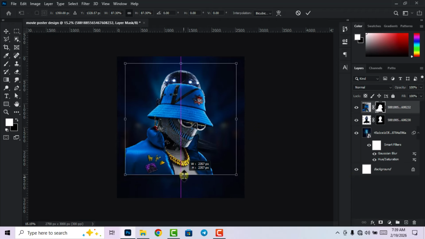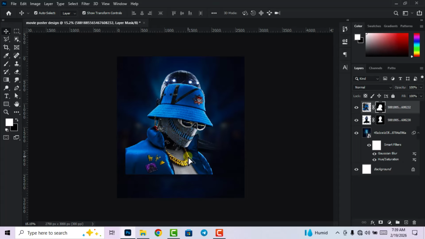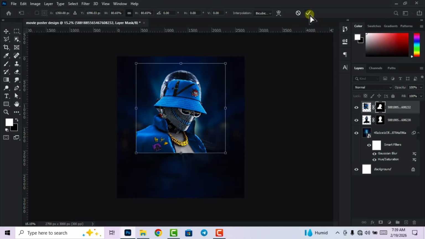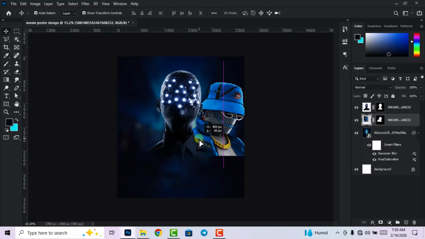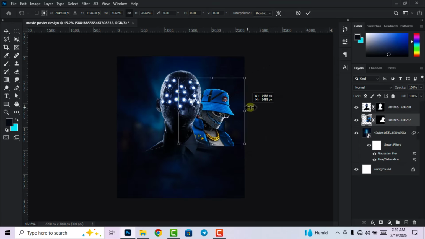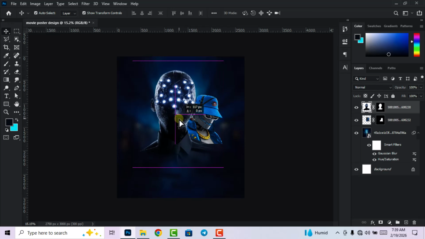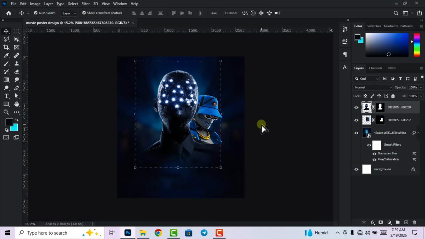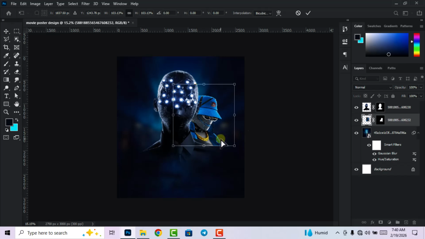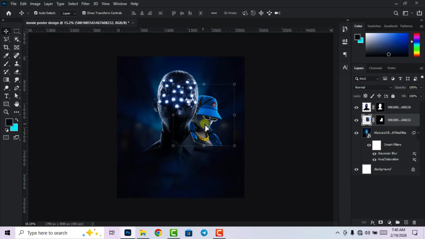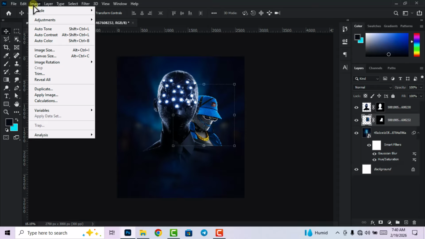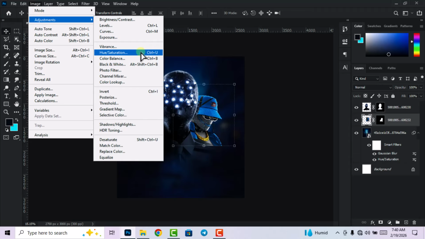All right, so I'm just going to resize it like this, and I move it down. It should be behind the first image, so I'm going to adjust this. Let me bring this to this side, okay, and then move this. Alright, so I think this is okay for me. Now you want to change the blue attire to yellow. Alright, so this is what you're going to do. Head over to the image tab, click on adjustment, and then click on hue and saturation,